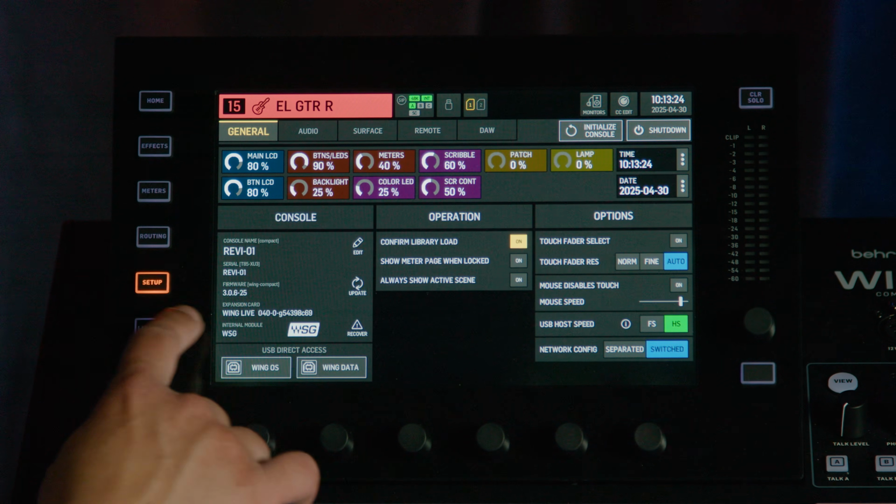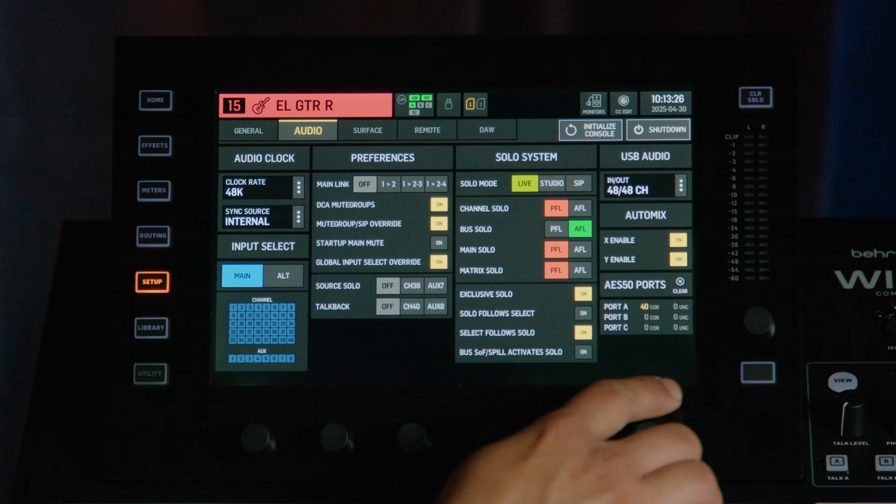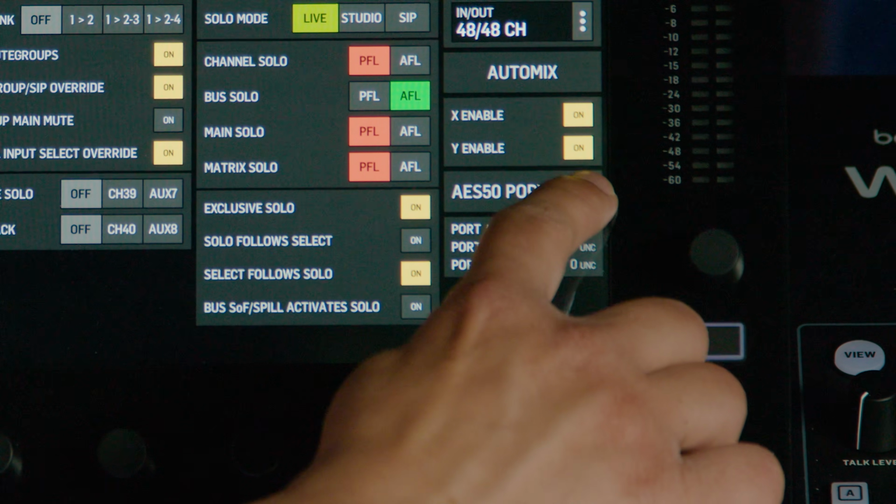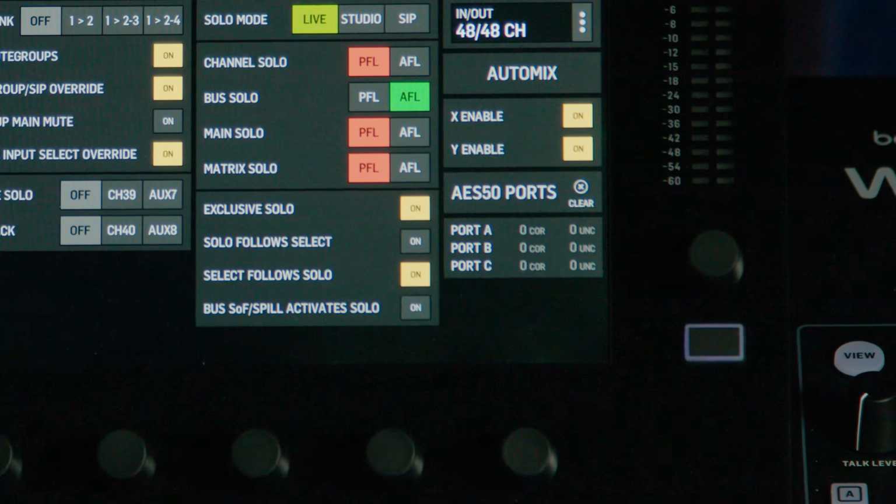Now there's a way to quickly identify if there is an issue with an AES50 connection. If you go to Setup Audio, on the lower right corner, you will see a counter with the corrected and uncorrected communication errors. If you see this counter showing up with some errors, you might need to check the cables